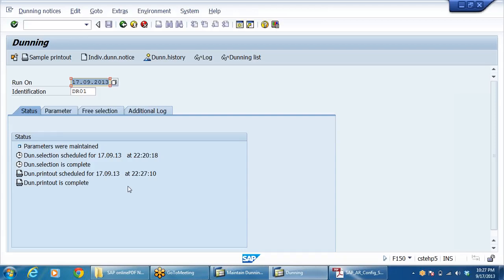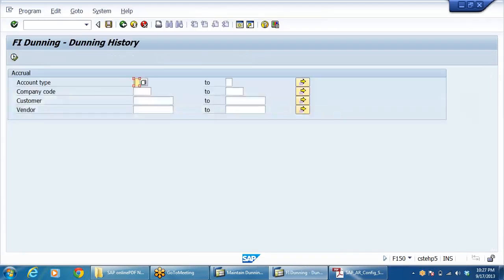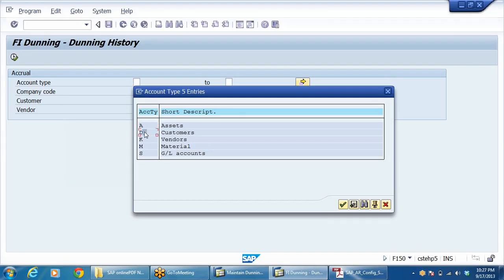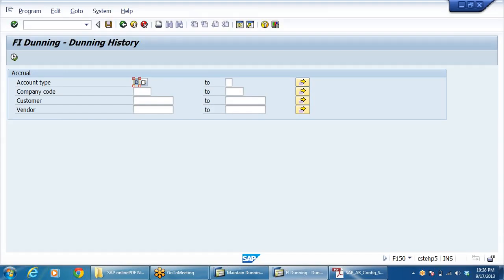Now we need not keep our copy, because anyway the Dunning letters are available for us. If you want to see our letter, go to Dunning history, because all letters will be stored here. Account type is D. D for customers, A for assets, K for vendors, M for material, like this.